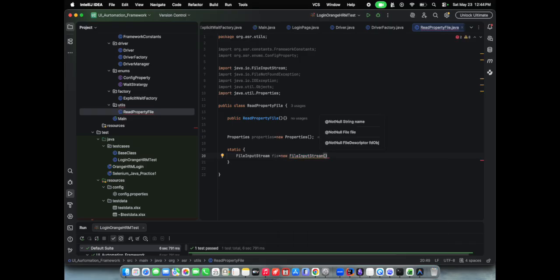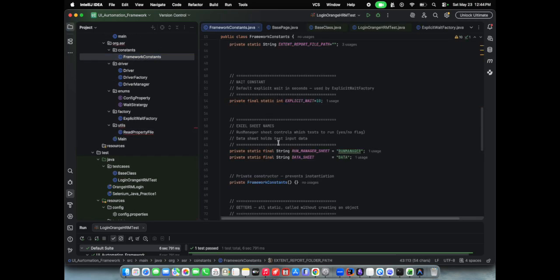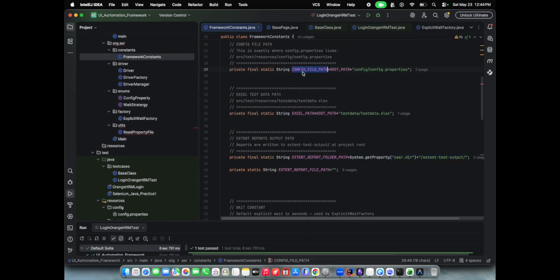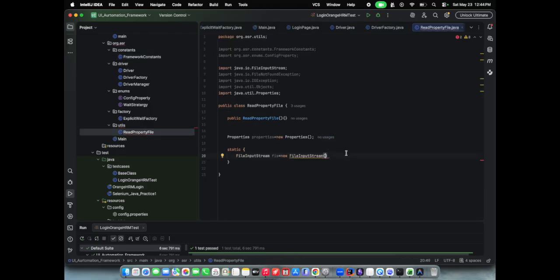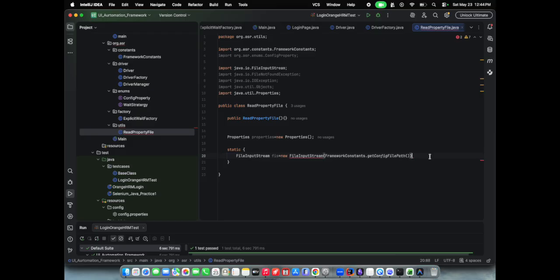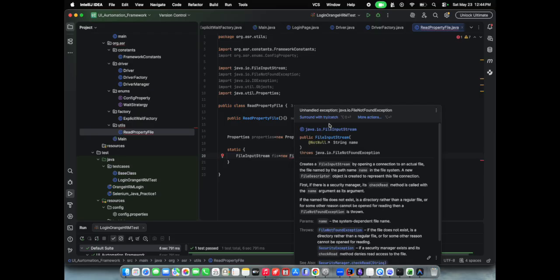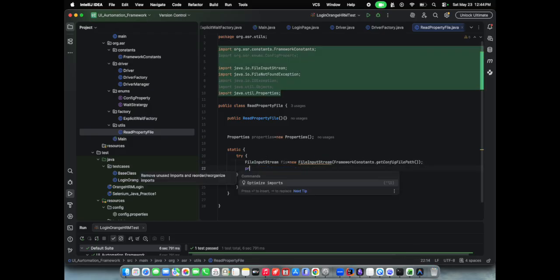Here we are going to read whatever framework constant we have added. Inside framework constant, we have added this config path, and we are using getters to utilize it from another class, so we use FrameworkConstant.getConfigFilePath. It should be surrounded by try and catch, because if the file is not found, then we can throw this error. And properties